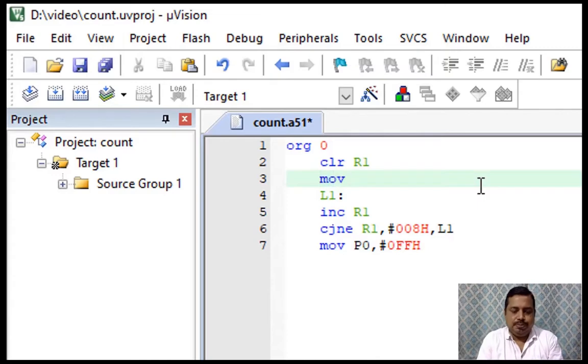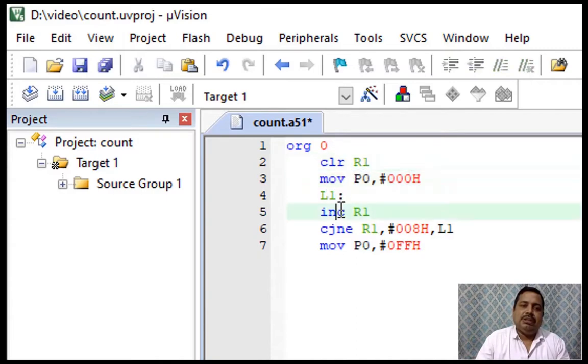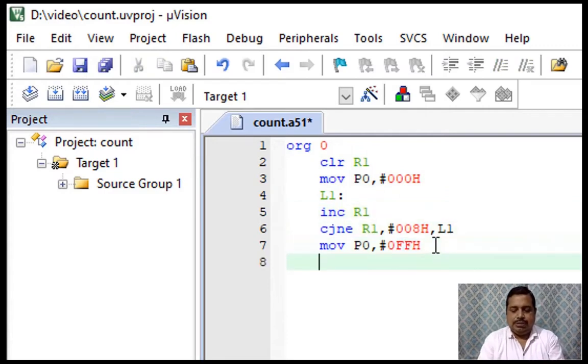We can say MOV P0, #00H, or we can say clear also, but I'll write it this way. So we wrote 00 in the port, then we clear our R1, and R1 we are incrementing till 8, and once it reaches 8, we make the port high. That's our whole program, and let's build it.